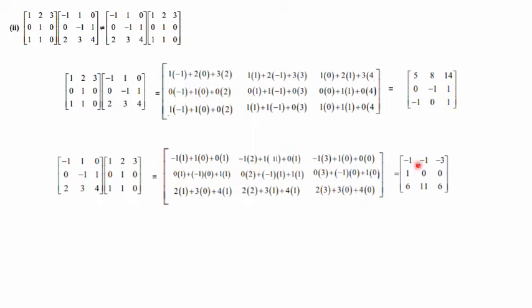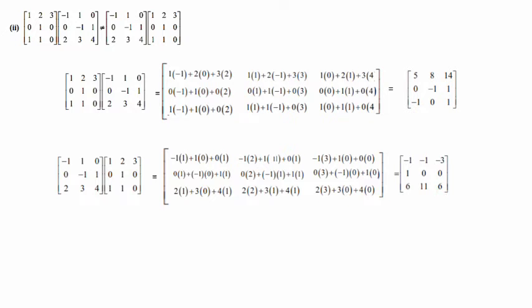Next is minus 3 plus 0 plus 0, that means minus 3. Then here 0 plus 0 plus 1, that is 1. Then next is 0 minus 1 plus 1, that means again 0. Then here it is 0 plus 0 plus 0, that is 0. Then here it is 2 plus 0 plus 4, so 4 plus 2 is 6. The next is 4 plus 3 plus 1, so 4 plus 3 is 7, 7 plus 4 is 11. Here it is 6 plus 0 plus 0, that is 6.